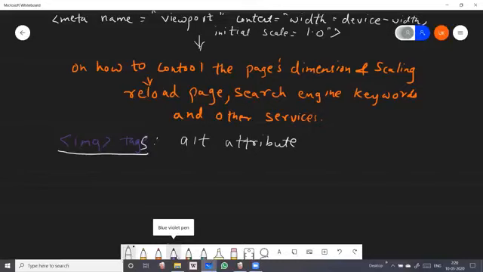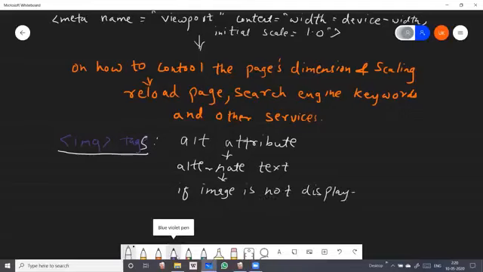It specifies alternate text if the image cannot be displayed. You have to remember this, students, that if the image is not displayed, getting, students? You have to remember this.